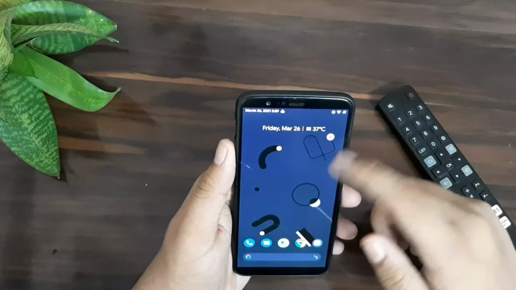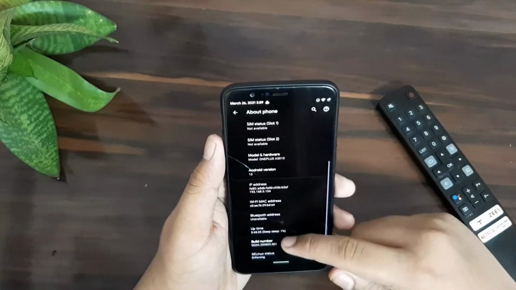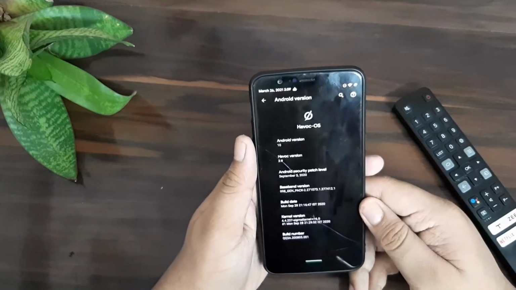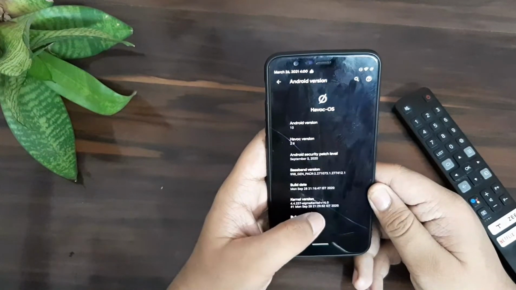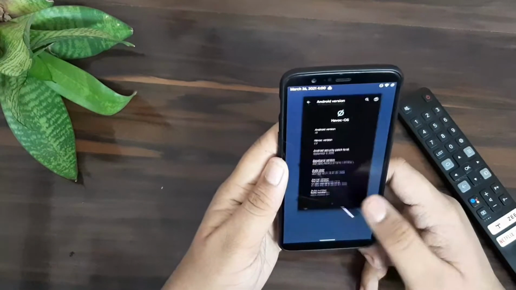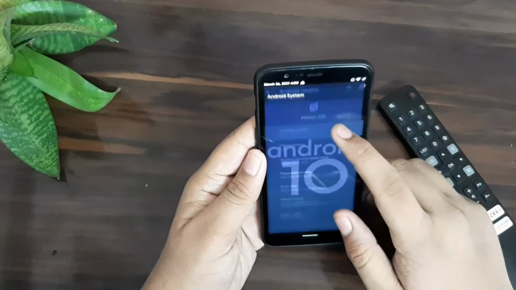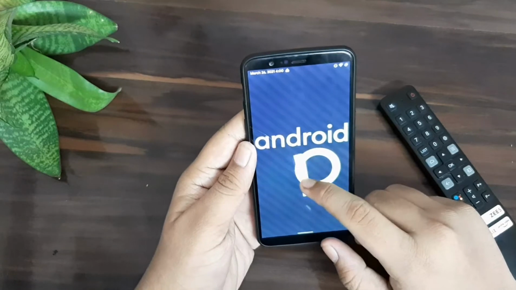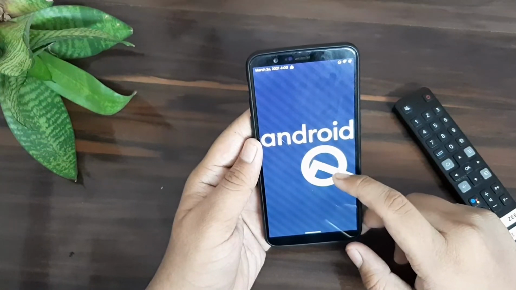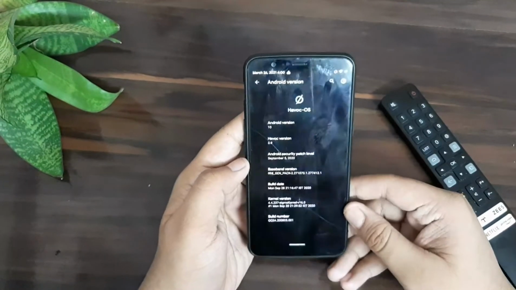So let's talk about the software version by going to Settings, About phone, and you will see the Android version is still 10 and the Havoc OS version is 3.9. The kernel is the Sigma 16.0 version. In terms of battery life and performance, it is great, and the Android version is still 10. But developers said that the Android 11 ROMs are coming soon for Havoc OS for OnePlus 5 and 5T. Let's hope so.